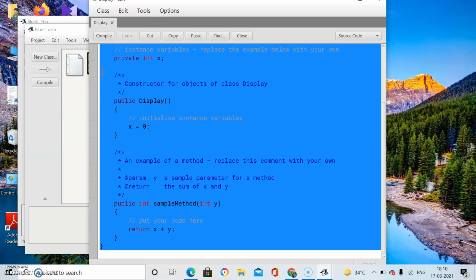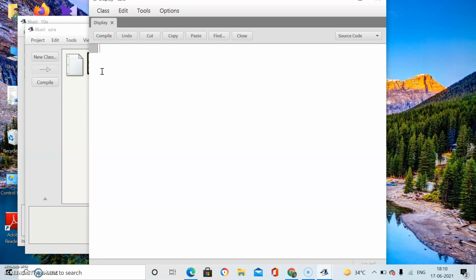Press both keys, Ctrl, that is the control key, and A together, to select all, and press the delete key to delete all. Now this is the window where you will be writing your program. Here you will write your source code, that is your program.